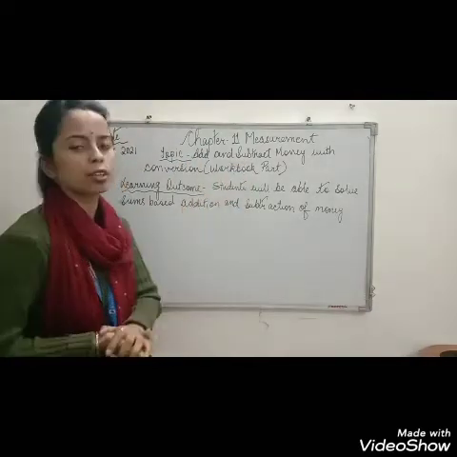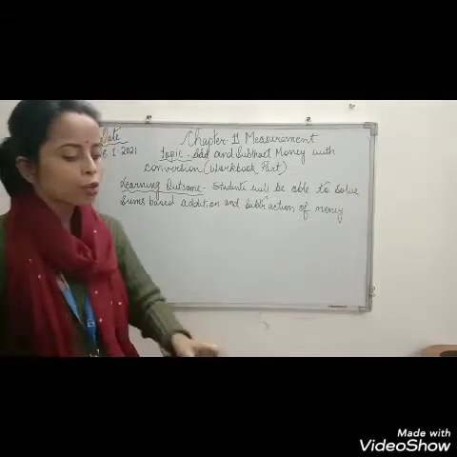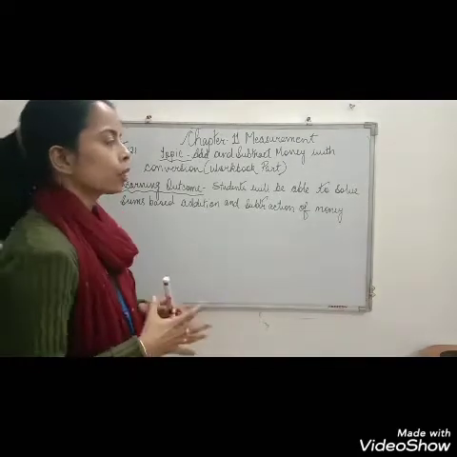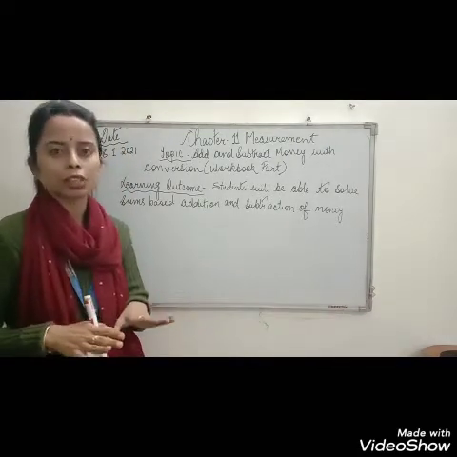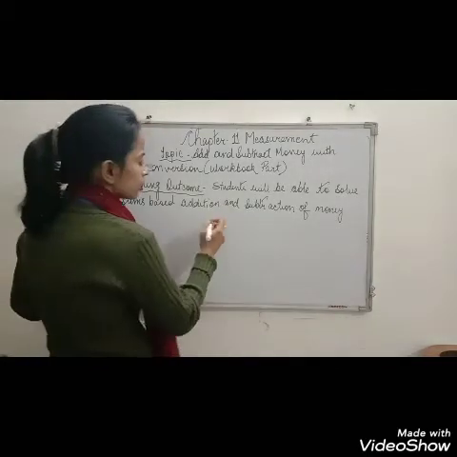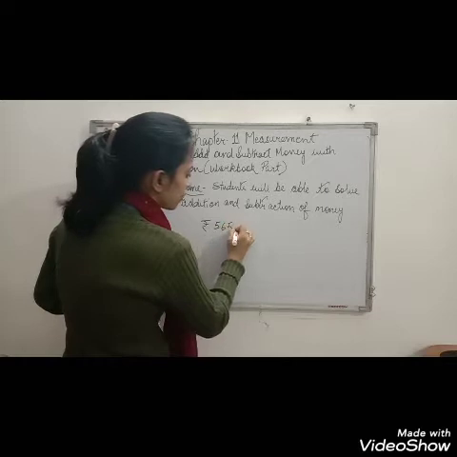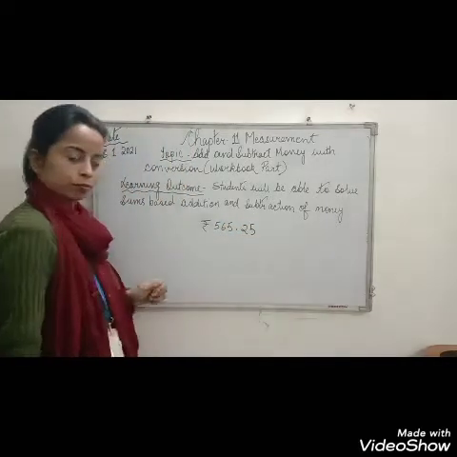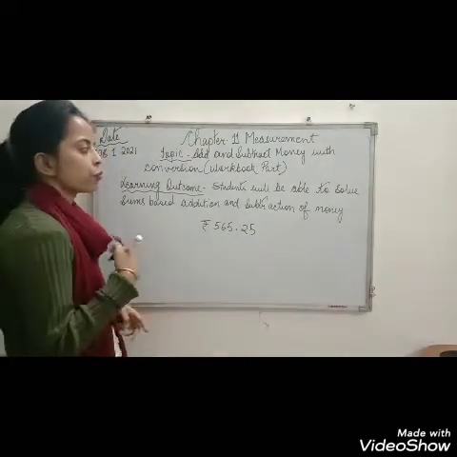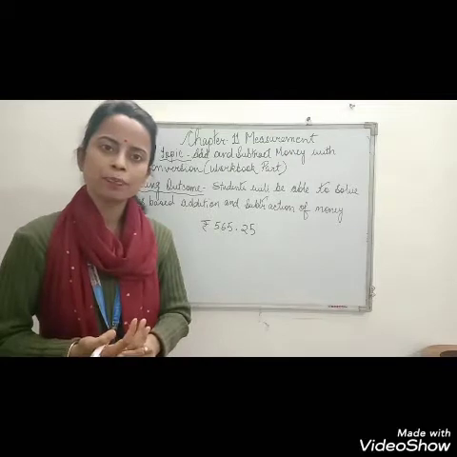So children, we have already learned this topic. Yes, we know how to add and subtract money. Clear? Addition and subtraction of money is the same as how we add numbers. Only thing is, as you all know, money is written in rupees and paise separated by what? Dot. Right. So see here, 565 rupees 25 paise. This is the decimal point. This dot separates rupees and paise. So when we add and subtract, what do we have to see? Let's do a quick recap.